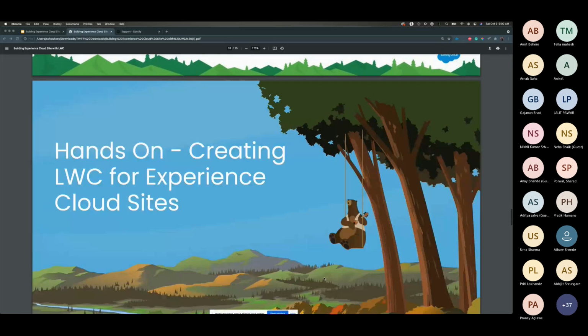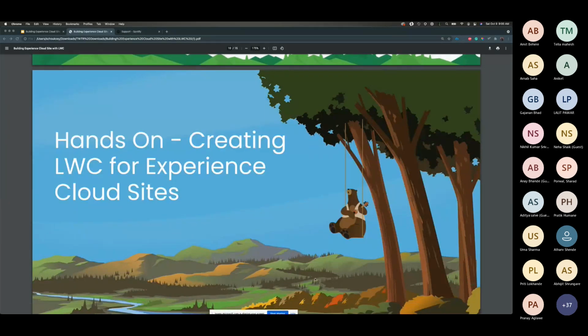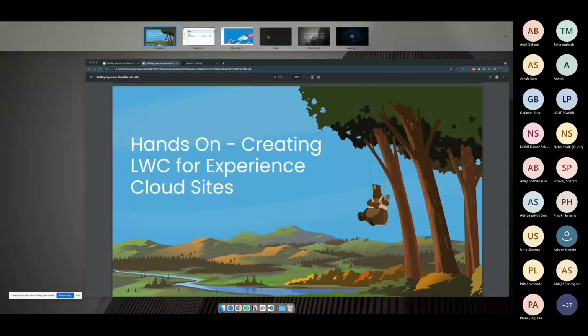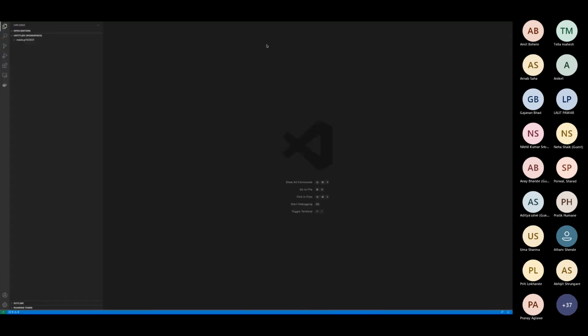So let's have a quick demo so that we can get started. If you are able to see my Visual Studio Code, this is my Visual Studio Code. What I will do is first create a project with manifest. I've already set up my workspace and just created a project, and then I will say it's demo org1.